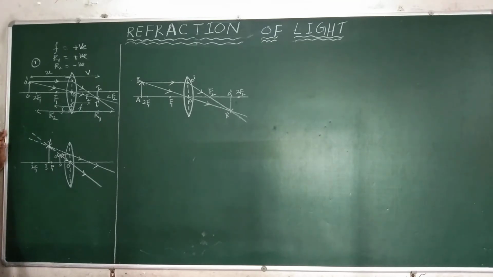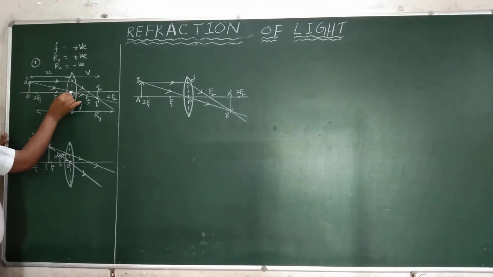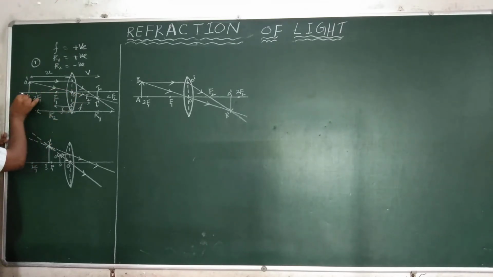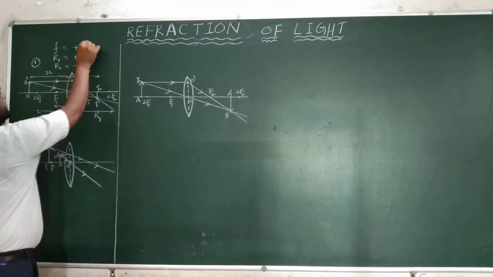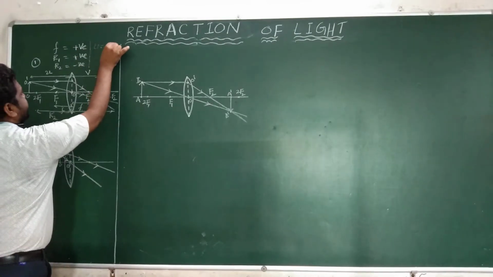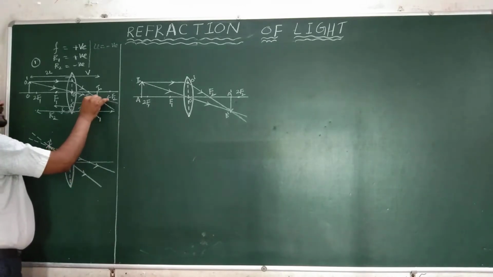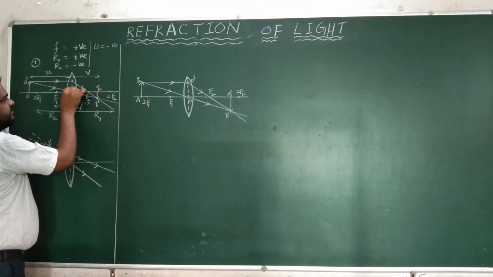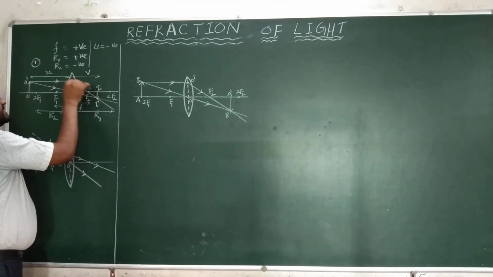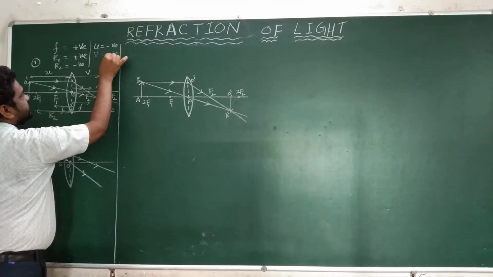And after that, the object distance: how is it measured? From optic center to object, towards the left side, from right to left, but the incident ray goes from left to right. It is the opposite direction. That's why U is negative. What about V? The image is formed here. Image distance is measured from optic center to image, along the direction of the incident ray. That's why V is positive.